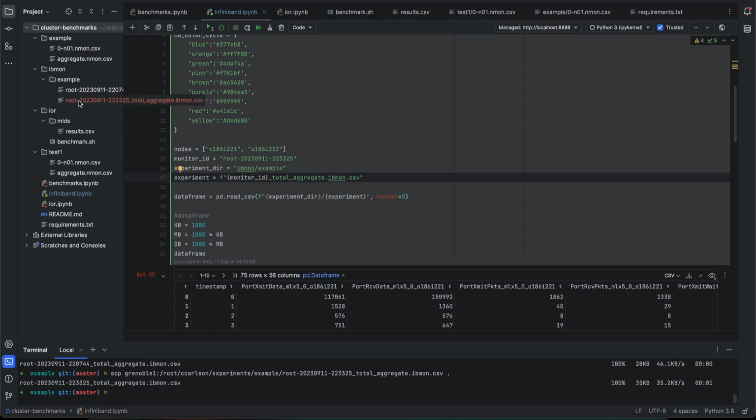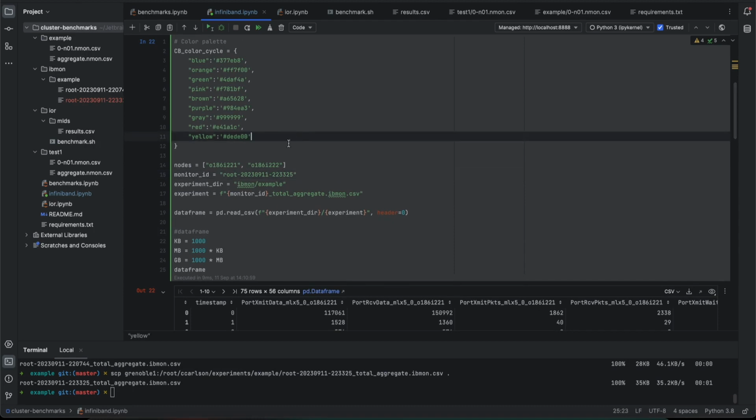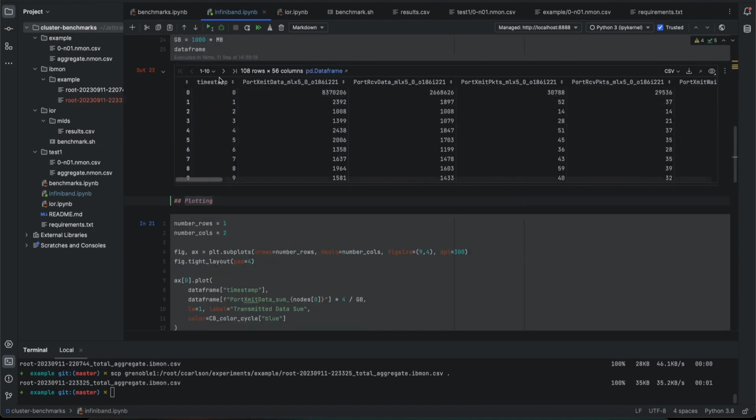So we've got that file right here that just showed up. And now that I've already changed this monitor ID, it should reflect that in this